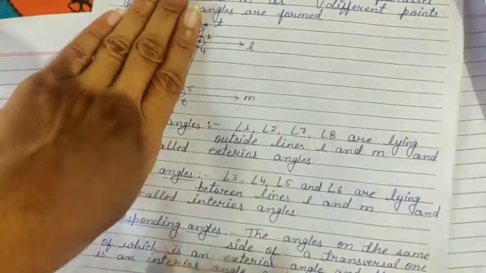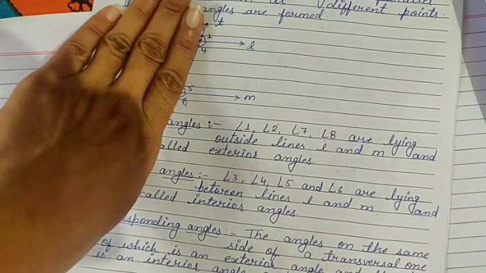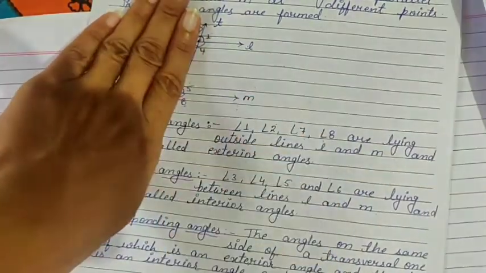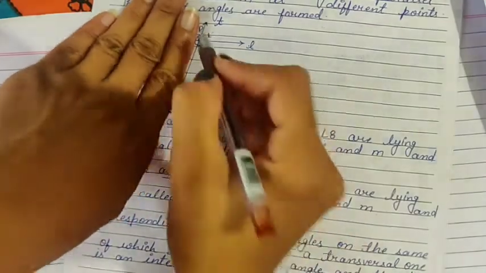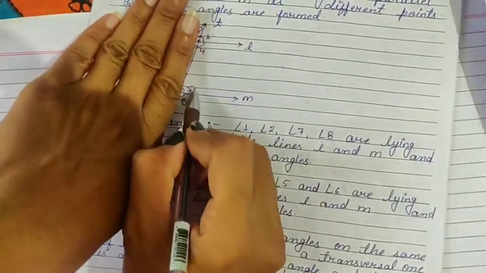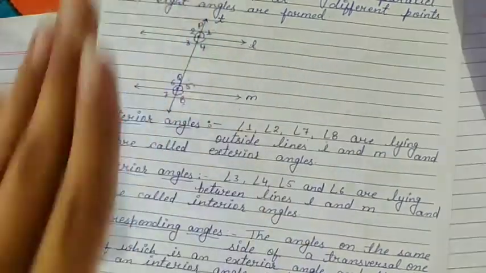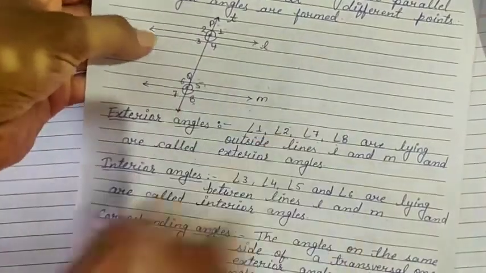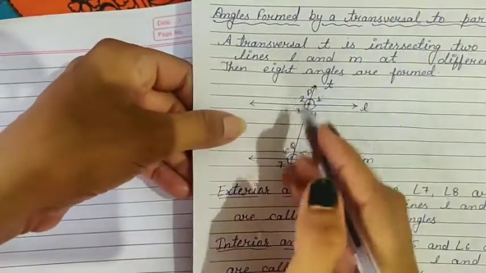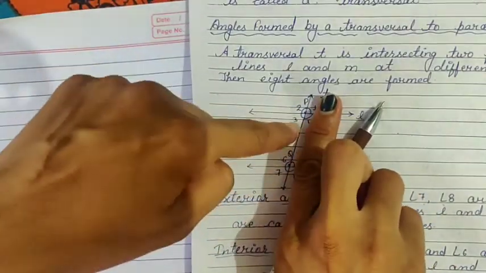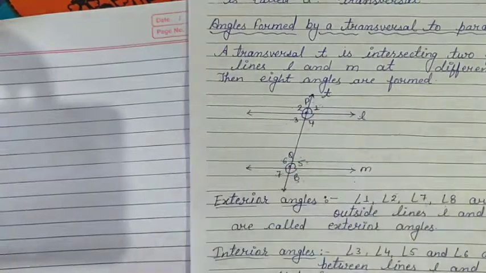and the other is an interior angle. These two angles are interior angles and both of them do not form a linear pair. But 1 and 4 form a linear pair. So this is an exterior angle and this is an interior angle. So angles 1 and 5 are called corresponding angles and angles 4 and 8 are called corresponding angles. On this side of this transversal, angles 2 and 6 are corresponding angles and angles 3 and 7 are corresponding angles.